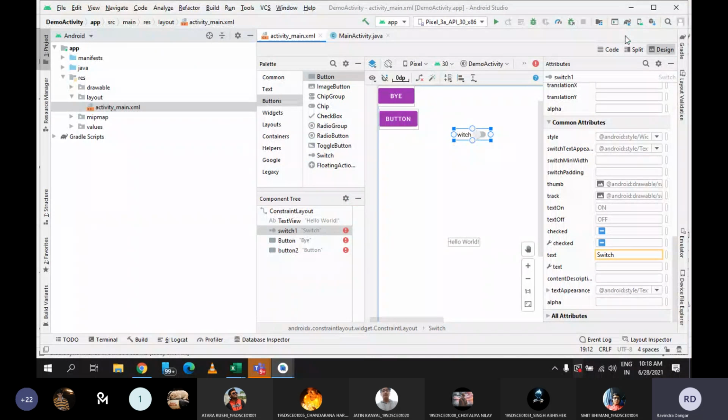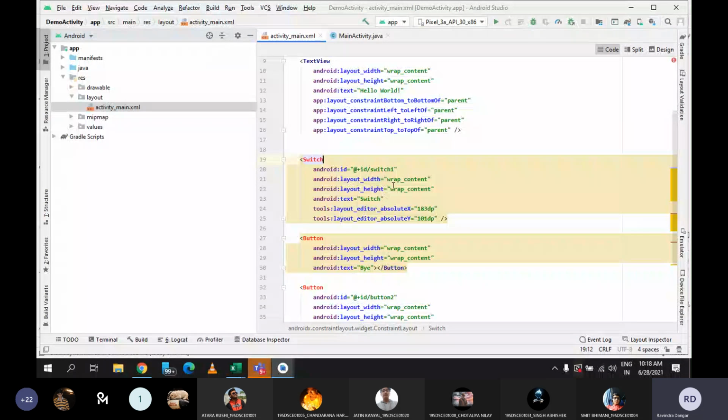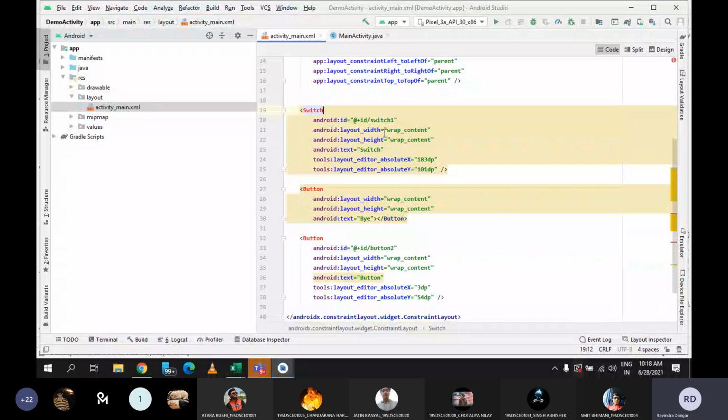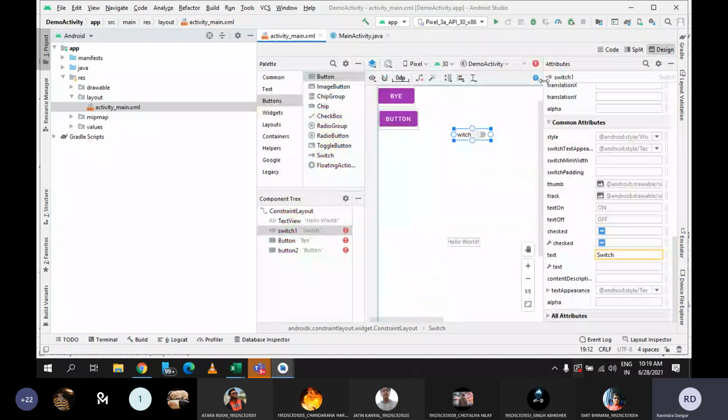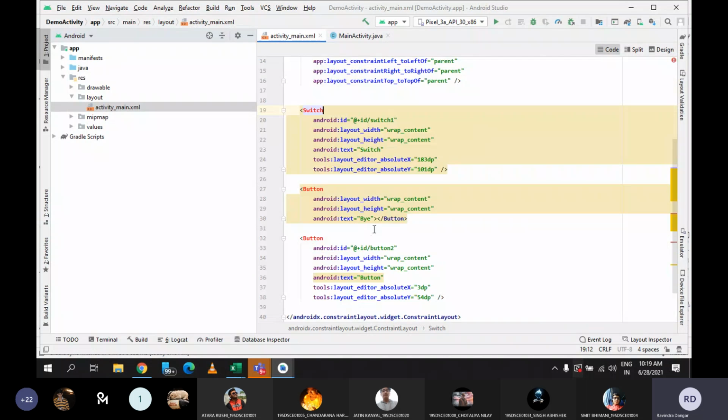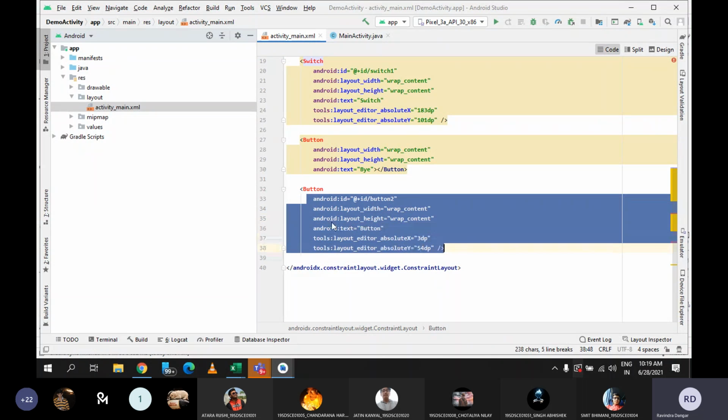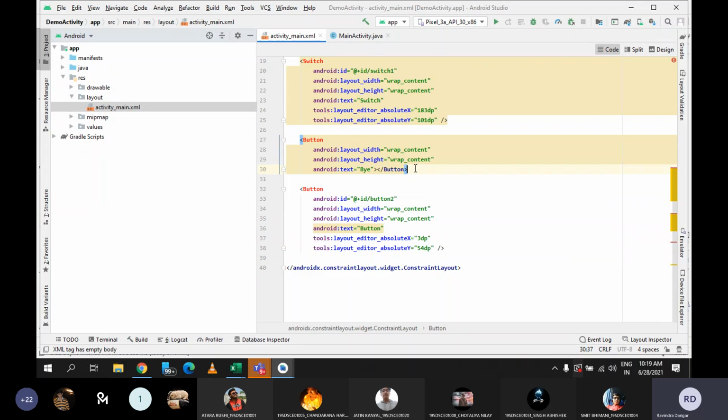So I am giving advice that always try to go with the code part, so that you can have an understanding of each property in detail. Because if you drag the components, then you will not even be able to look at the properties. I have dragged this control, so see, by default it has created many properties. These are the various properties. So it is always necessary that you write the code on your own, so that as per your requirement you can have an idea that these many properties I need to use. Otherwise, by default it will do something and you will never have an idea what it is doing.